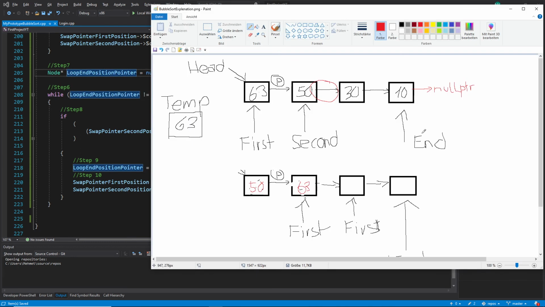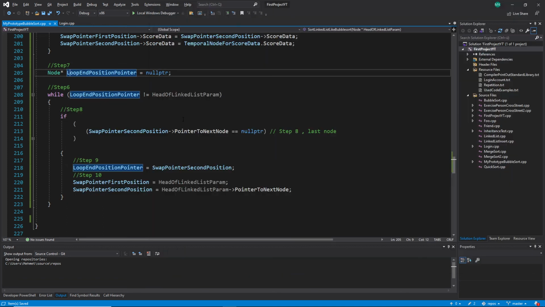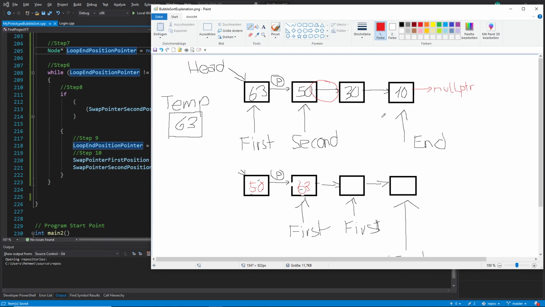I defined end, but at this point, first and second are not at this point. They are here at the end. The second is on the end, the first is one before. But here the loop should start over again, right? That's why I have to reassign these two pointers back to the start, because here is the end. The end means you have reached the end. These two other pointers should go and start over again and try to